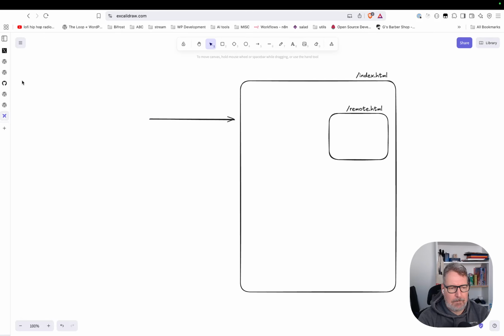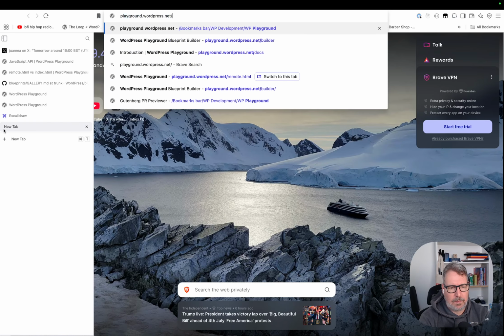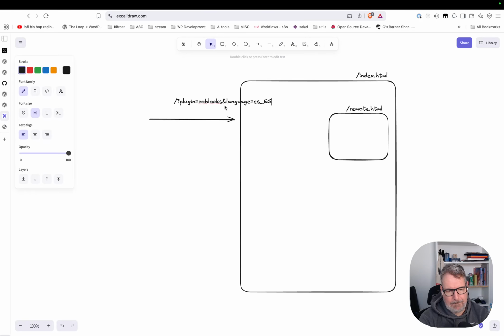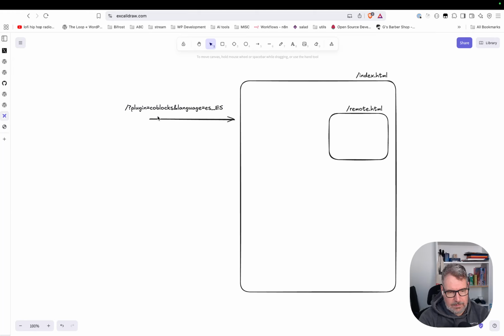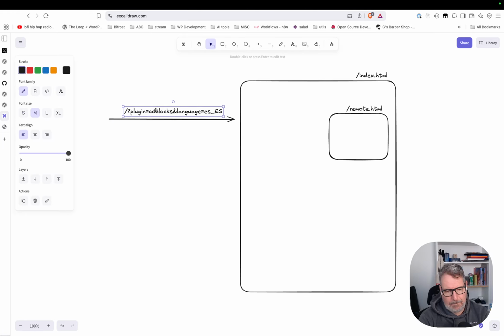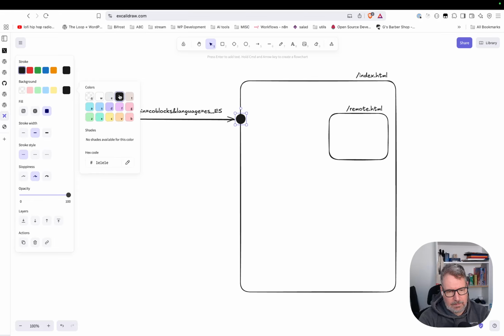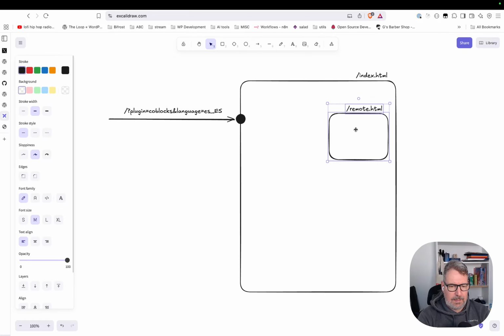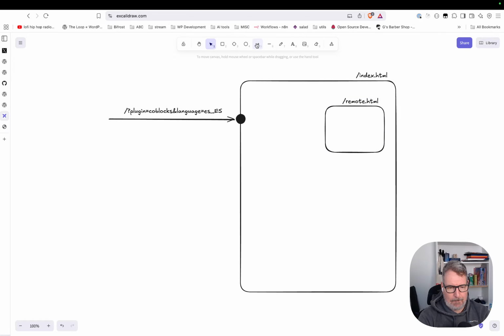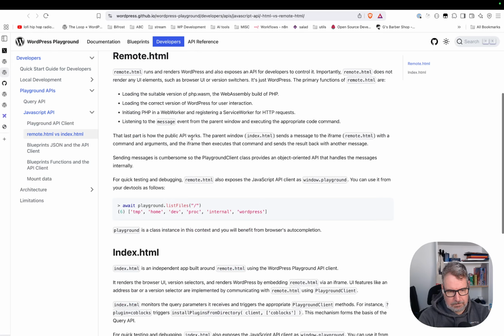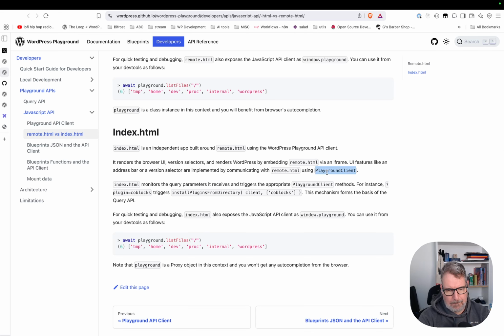Whenever we do Playground, WordPress, and for example this or this, if we call index like this, internally index is going to, via the Playground client,